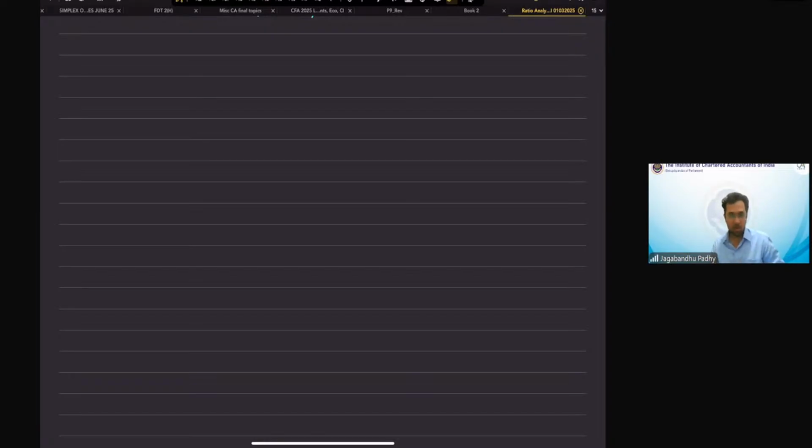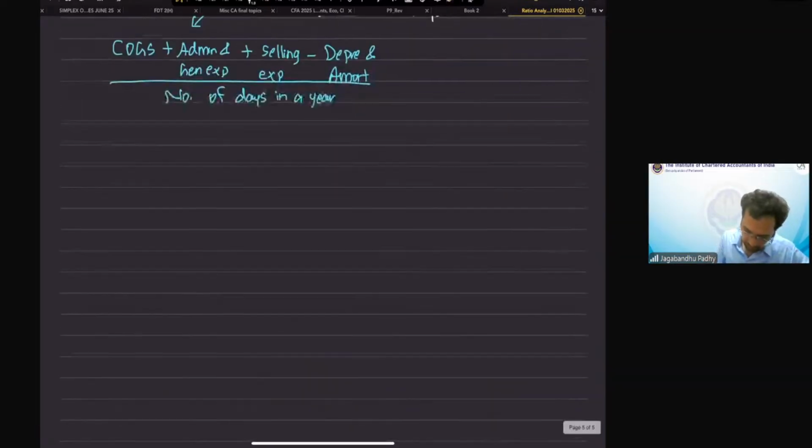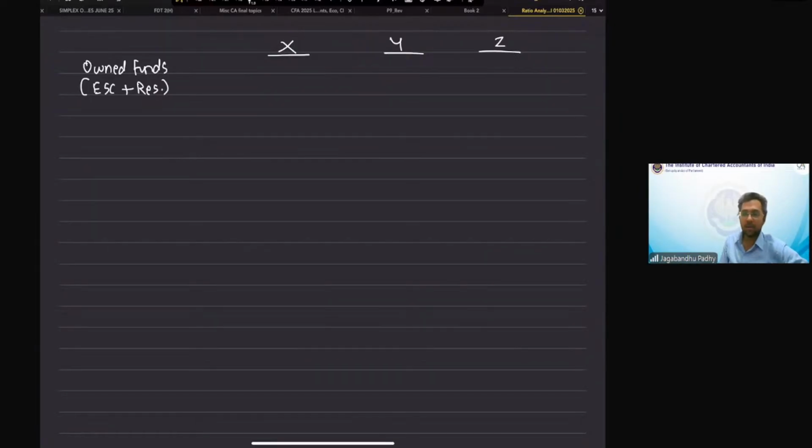Okay. Now, let me just put up in front of you a case. We have companies X, Y, and Z. Let's look at the summarized balance sheet of those companies. One is the owned funds. Owned funds will obviously comprise equity share capital and reserves, because these are the funds funded by the owners. And then you have